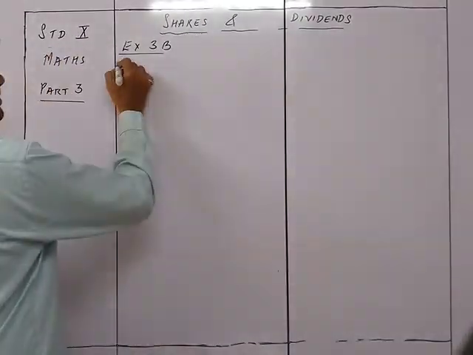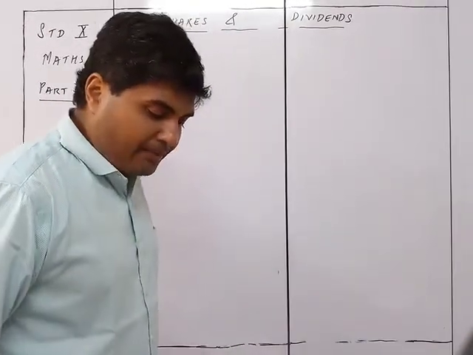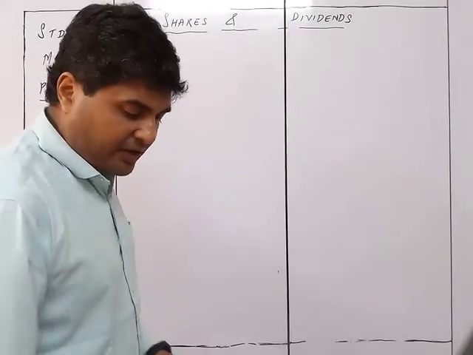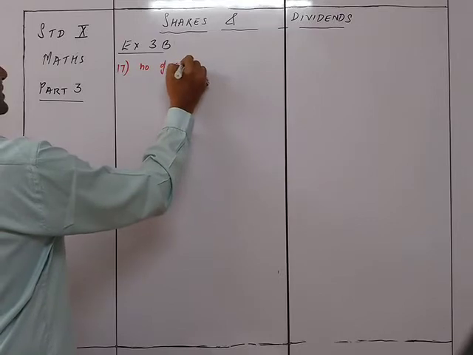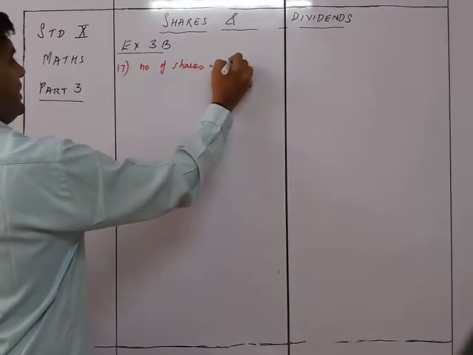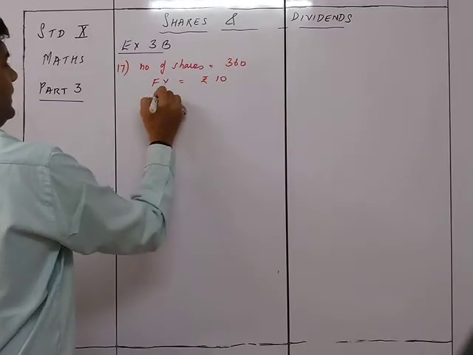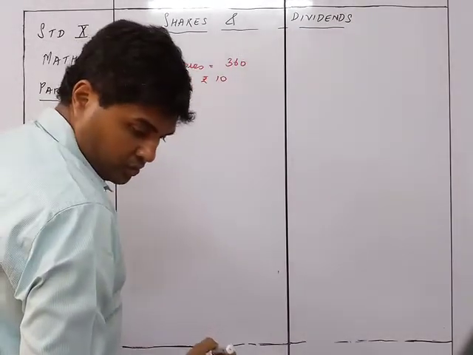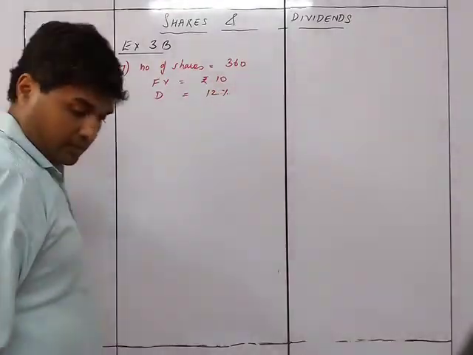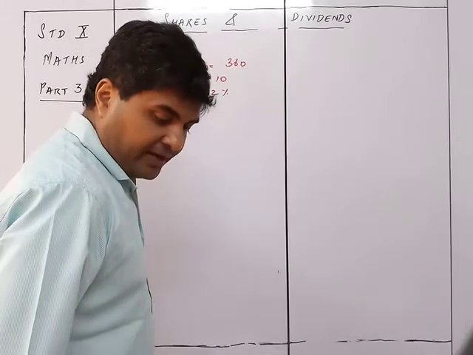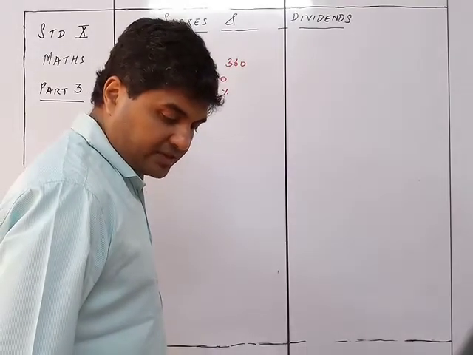Sum number 70. A man bought 360 ten-rupee shares of a company paying 12% per annum. So the number of shares is equal to 360, FV is equal to rupees 10, and the dividend is equal to 12%. He sold the shares when the price rose to rupees 21 per share, invested the proceeds in a